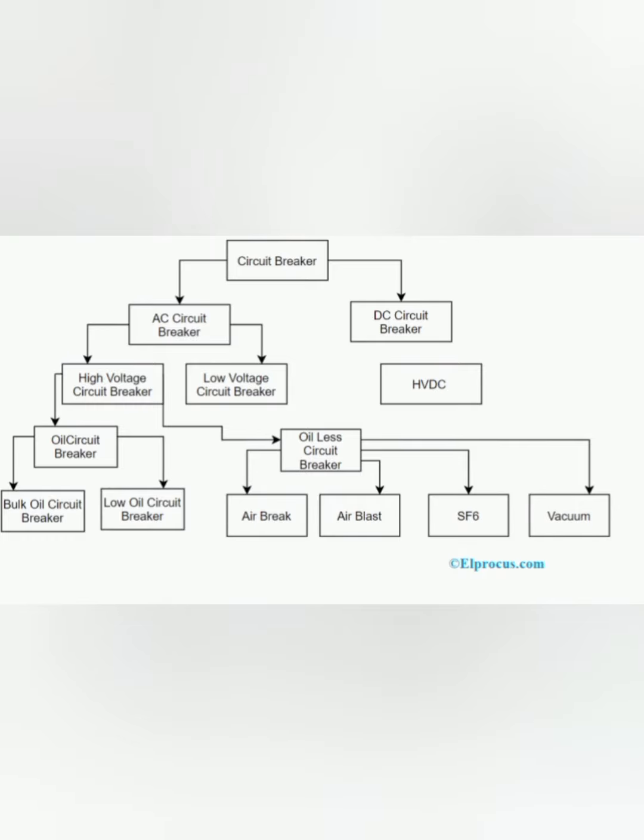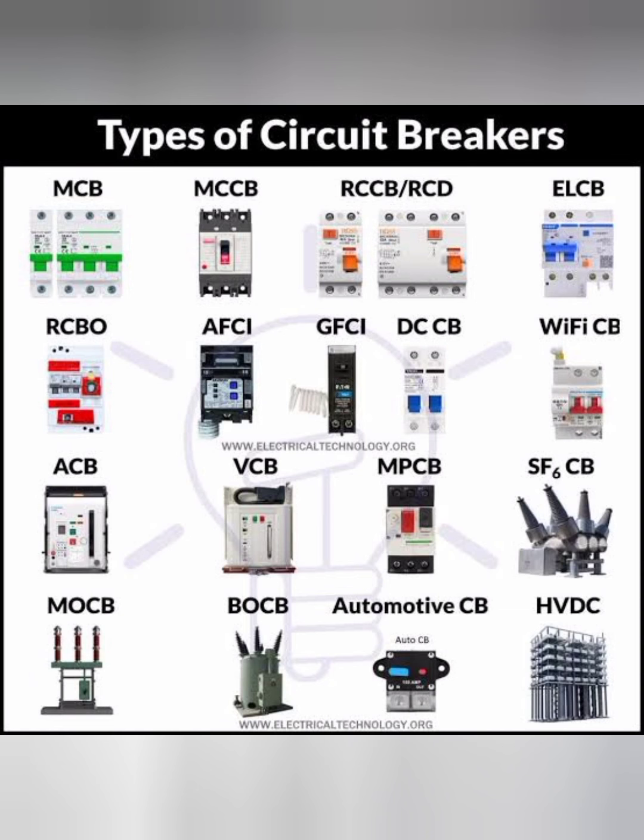A vacuum circuit breaker we will commonly use in your switchgears, like for a 33 kV switchgear up to 66 kV switchgear we can use this vacuum circuit breaker. Then air brake and air blast circuit breakers will be used in your low voltage level, which means for low voltage systems we will use those air blast circuit breakers. So hope you understand. In coming videos we will see each and every breaker type.